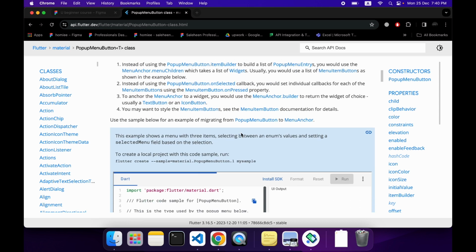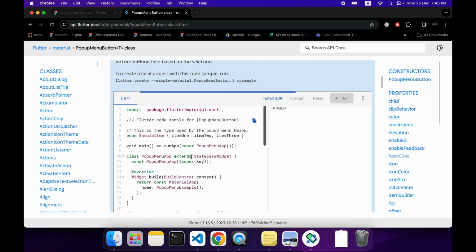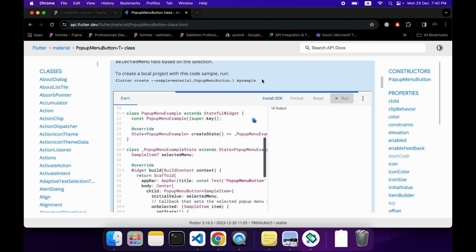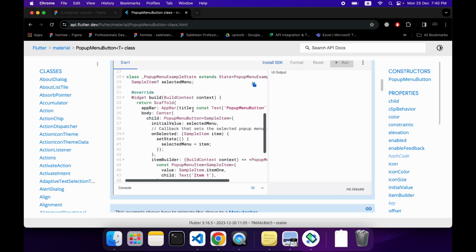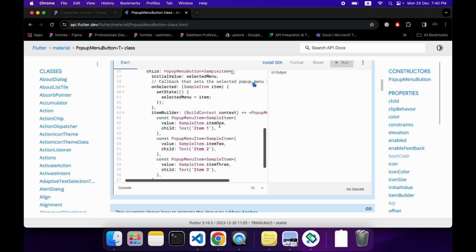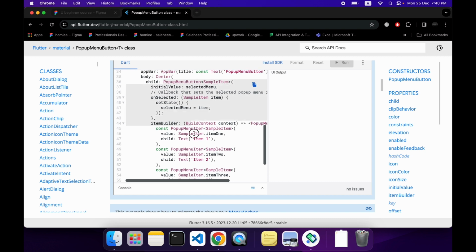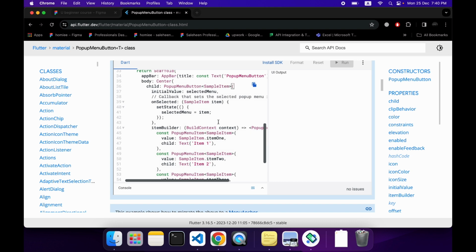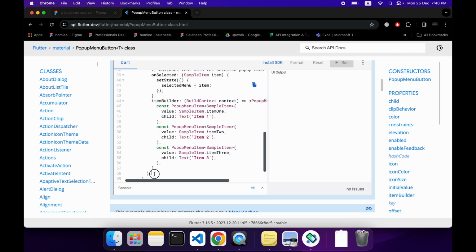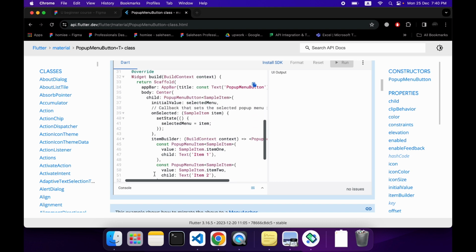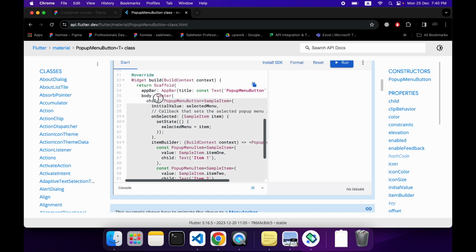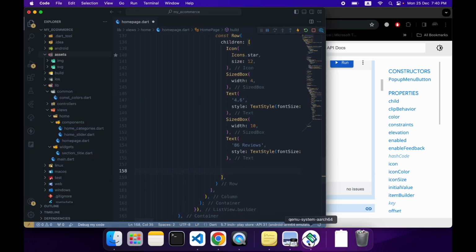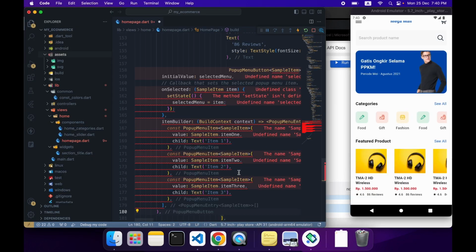Go to the official site, and they have given us the sample code right here. This is the pop-up button code that we can reuse. We don't have to write it from scratch. So if I copy it and paste it right here,